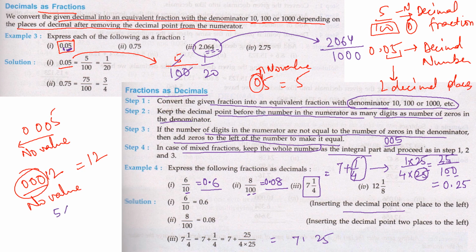See, some numbers are there which on multiplication will give you 10, 100 or 1000. If it is 5, you multiply with 2, it will become 10. If it is 50, you multiply with 2, it will become 100. If it is 25, you multiply with 4, it will become 100. Some other numbers: if it is 125, you multiply it with 8, it will become 1000. These simple tricks you have to remember. It will come with practice.